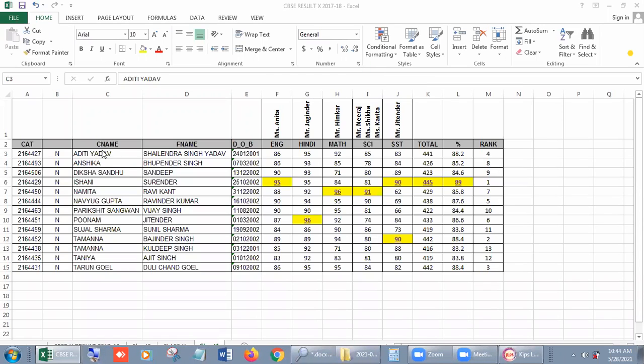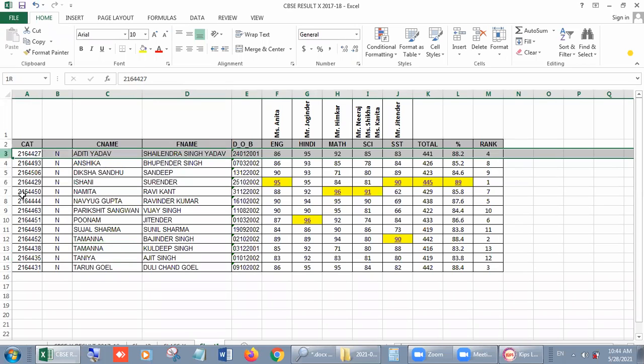Now the first roll number is Aditi, then Anshika, then D, then I, then N, then P, then S, then T. All names up to T, right? It is in ascending order from A to Z, right?